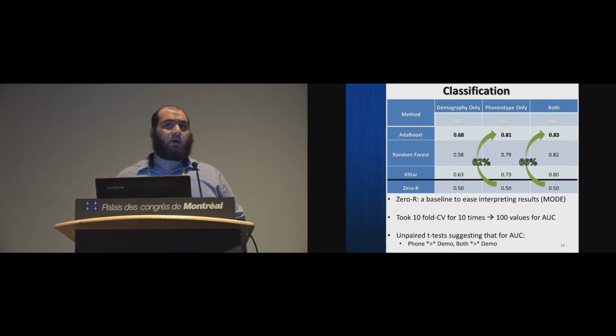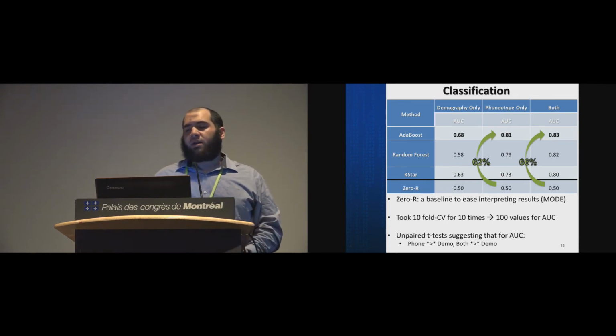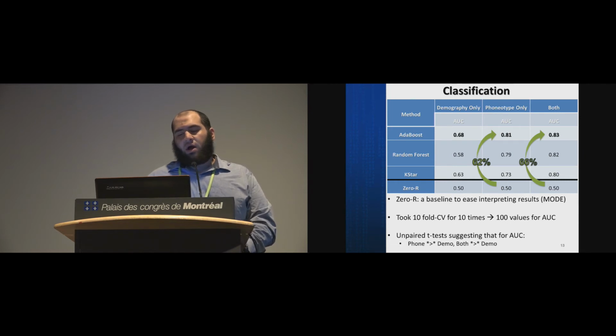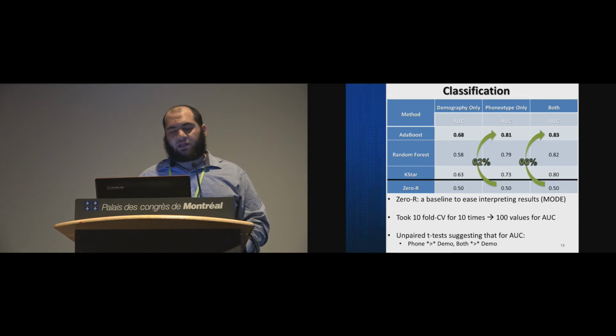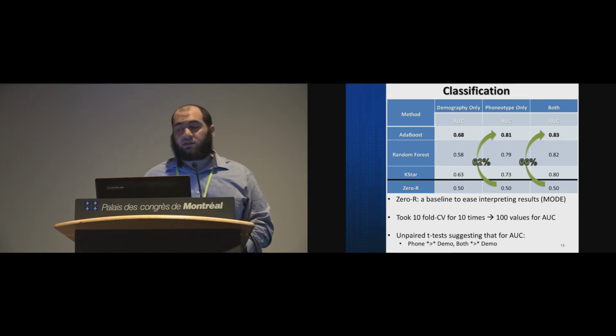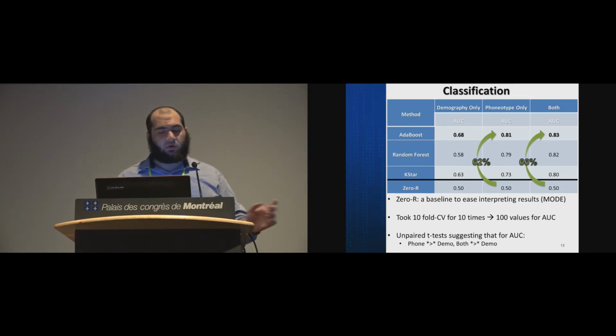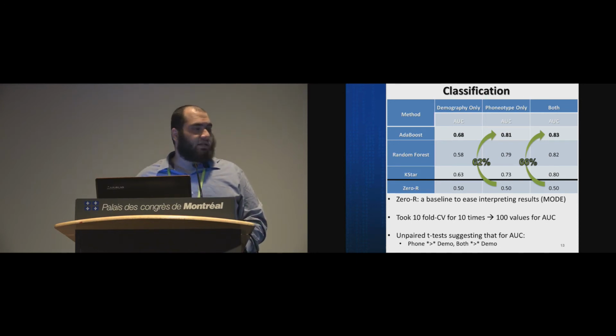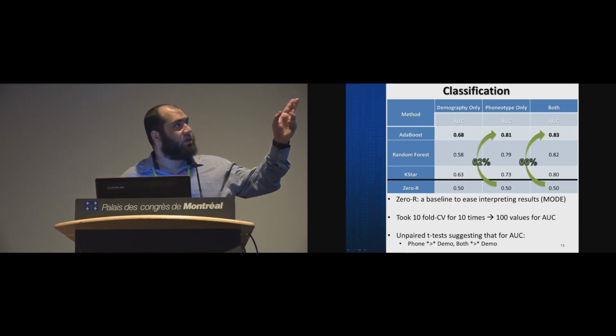We have seen the same pattern of increment in the performance in F1 and accuracy, which is not shown here, but it's in the paper. And we again did non-parametric t-tests trying to see the difference between these models. And we have seen that the phenotype is statistically significant over the demo, and the both is statistically significant over the demo. Not only that, as you can see here all the way in the left, with the demography